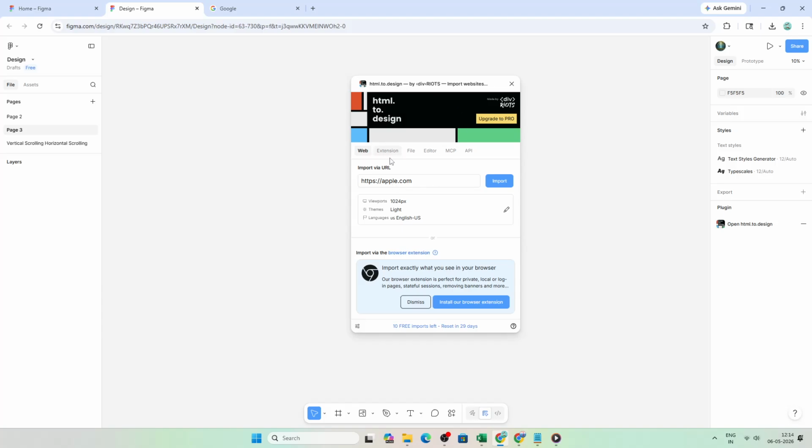Next, paste the URL of the website you want to bring into Figma into the plugin's text field. It works best with publicly accessible pages. So avoid anything that sits behind a login or requires complex user interaction. Also, it's a good idea to use pages you have permission to reproduce, since you'll be creating an editable version